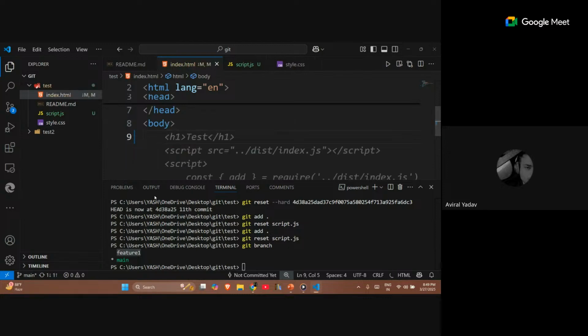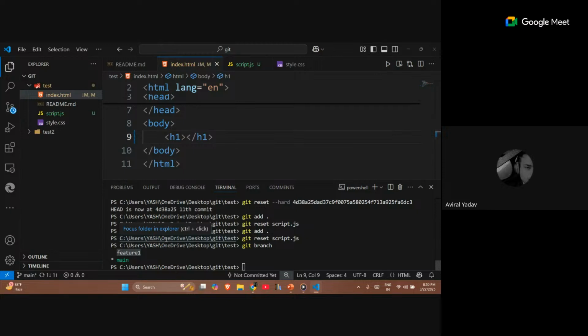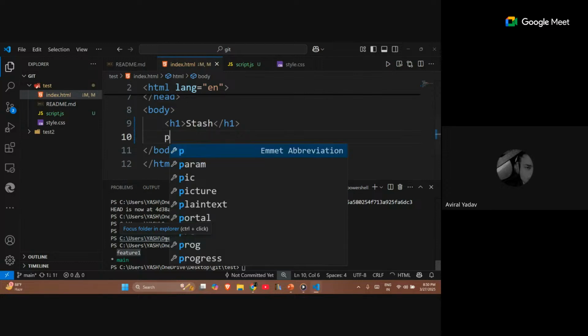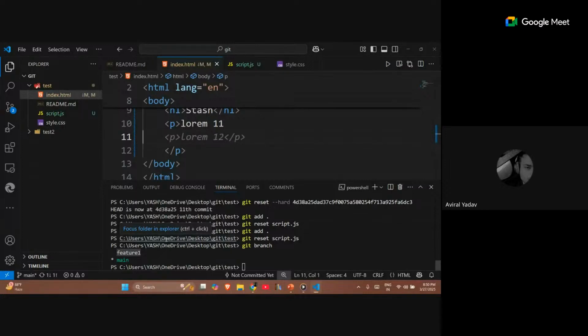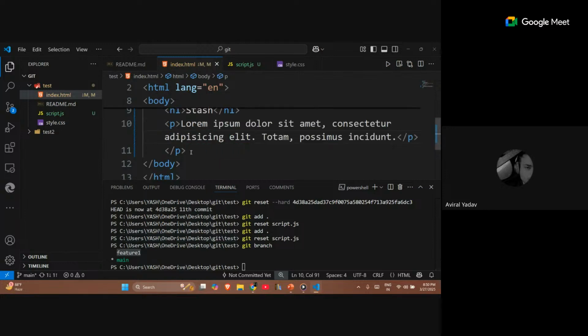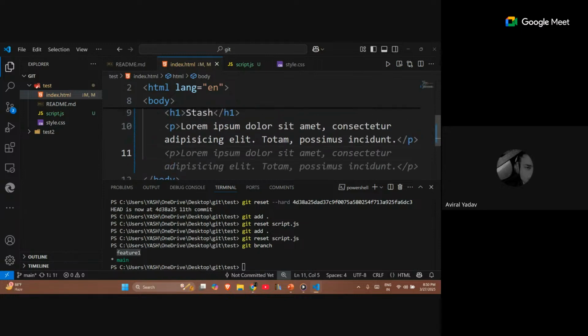And let's say I'm working on this main branch only and created an h1 heading and named it stash. And I'm working on a p tag with lorem 11. As you can see, I'm currently working on my main branch.